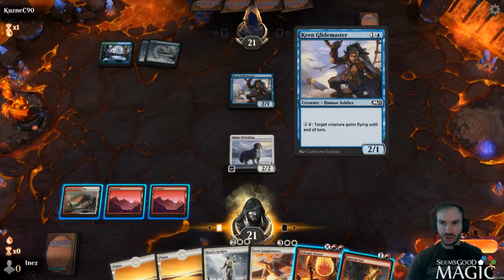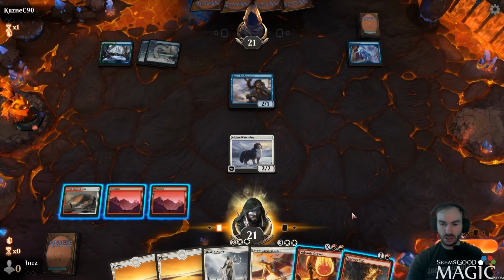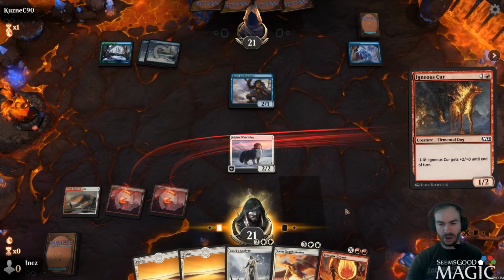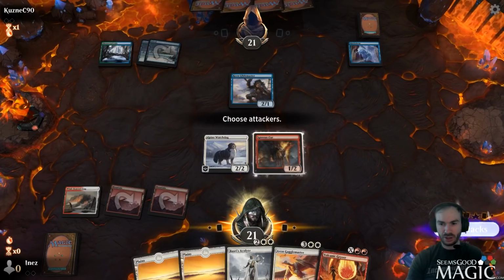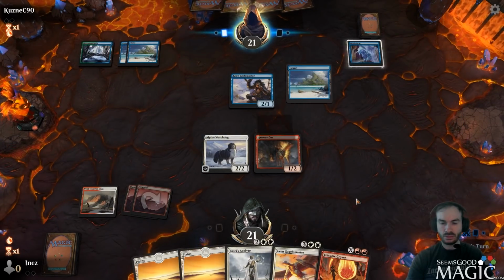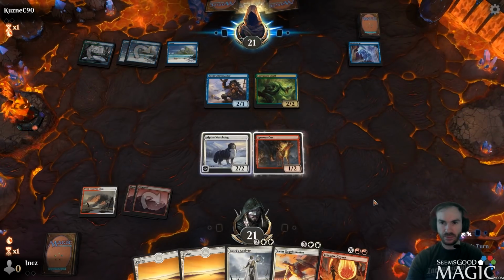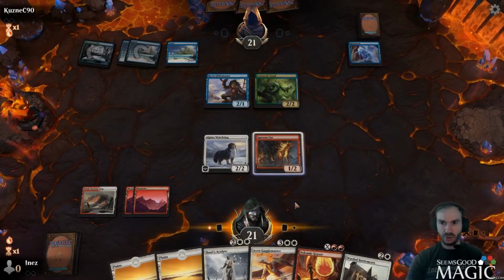We can Geyser the Glide Master. I think I'd rather just play a Cur and pass. At this point, we might as well just go for the maximizing of the Acolyte. Yeah, Acolyte into Gaggle Master. I think that's good. Now I think we want to...